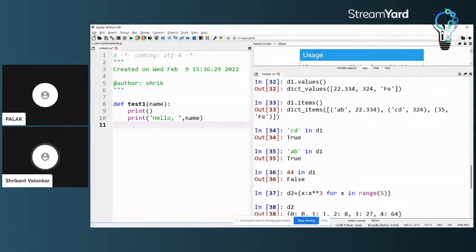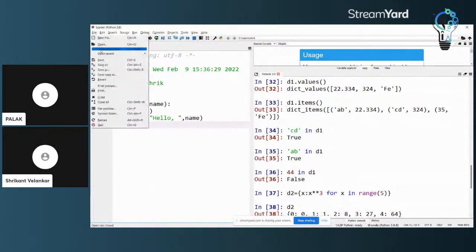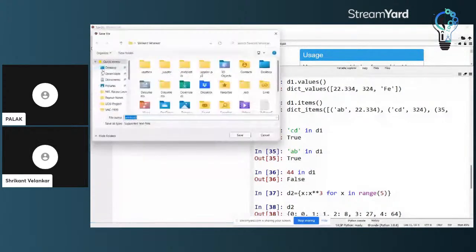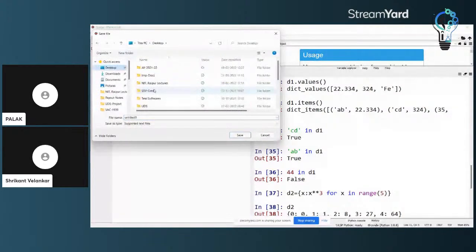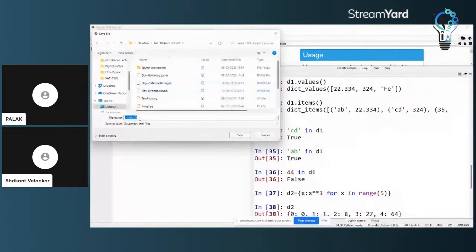I will store it as a file in the same folder, desktop, NIT lectures, as program 6, suppose.